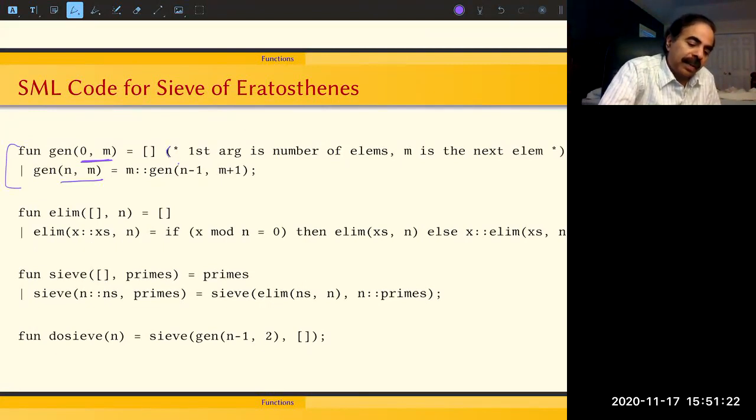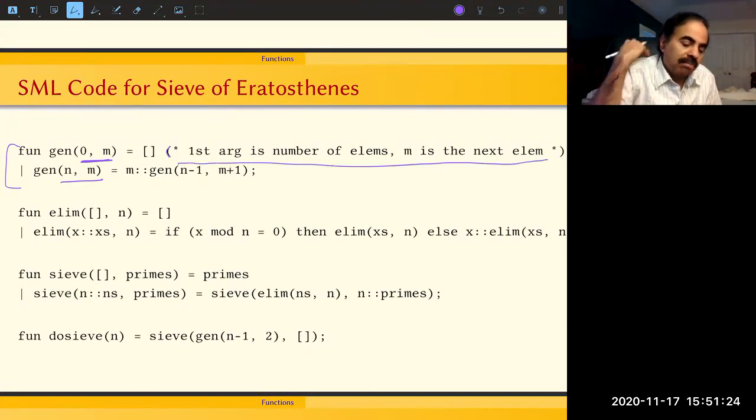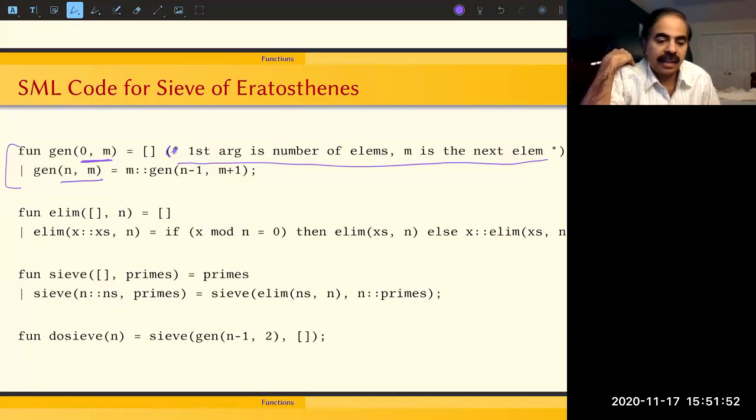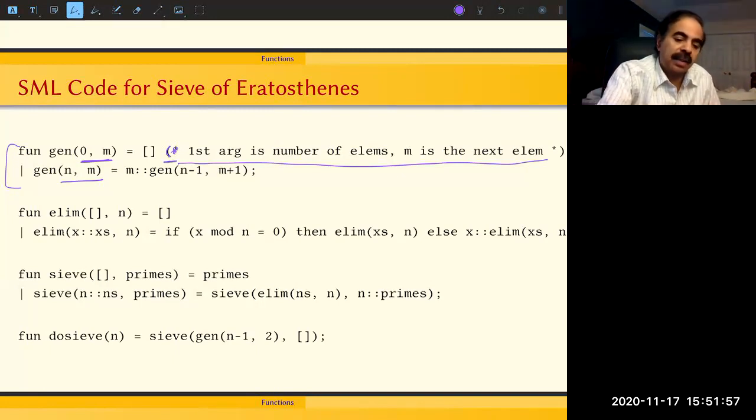In programming languages, you can write documentation in the form of what are called comments. Comments are things that you put in there for people to read. The computer completely ignores them. In standard ML, the comment starts with a parenthesis and a star, and it ends with a star and a closing parenthesis. This is the beginning of the comment, that is the end of the comment, and everything in between,